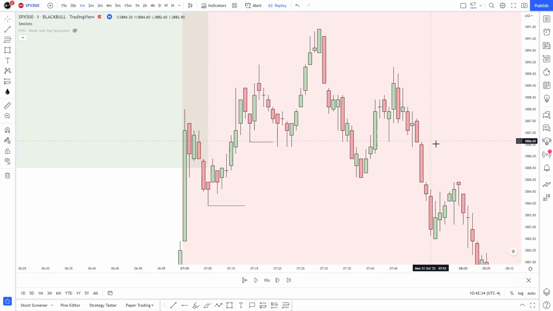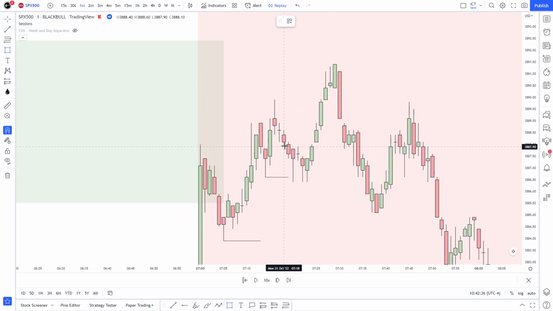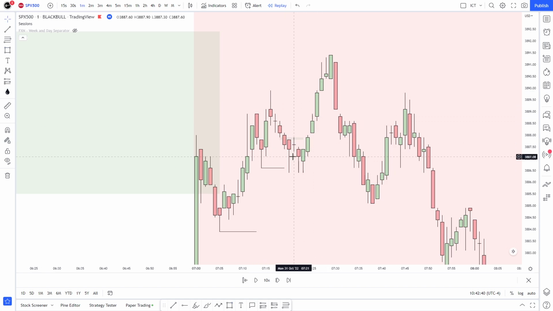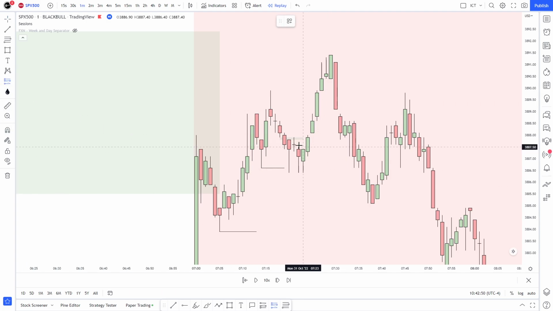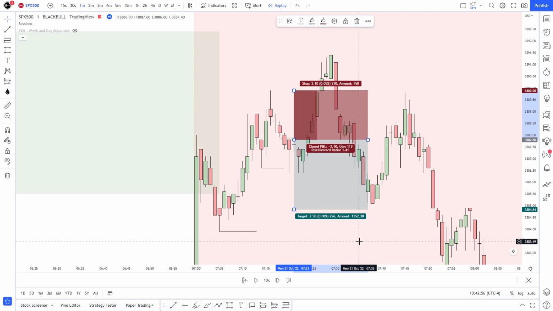Now, the only way that we could have actually avoided this loss specifically is by understanding that the impulse is not really that impulsive, right? It's not a displacement kind of move, as mentioned as an example in the teaching video, the 3-hour video where I taught how I try to look at the market. This is not that impulsive, but still, overall, it is the 5 steps. So we could have basically taken this loss.